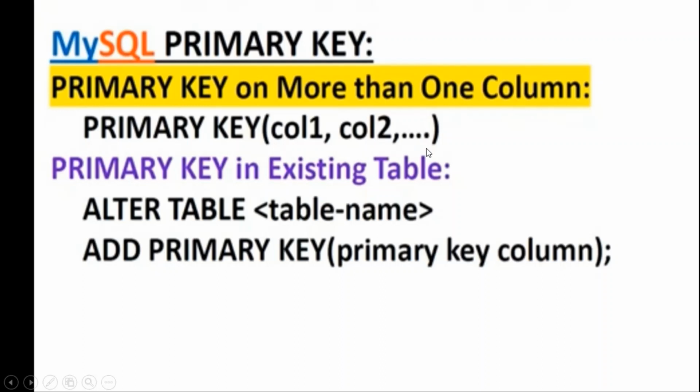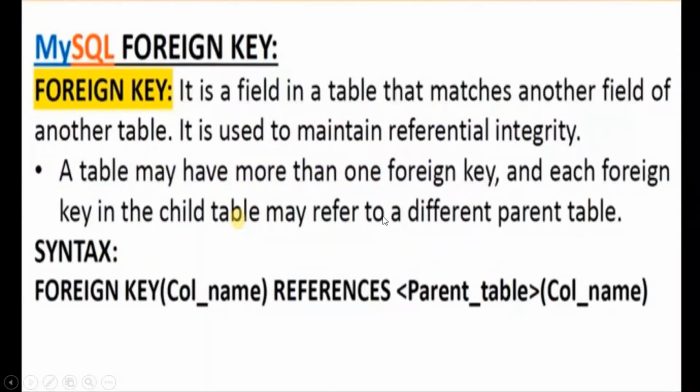If you are not creating a new table, and want to make an existing column a primary key, then you may use the alter table command. You just need to write alter table, then the name of the table, then the add keyword, then primary key, and after that the column name. You will be much clearer when we do the practical. Before I start the next concept, I would like to start the practical part of my topic.